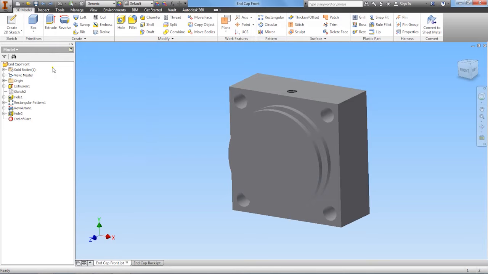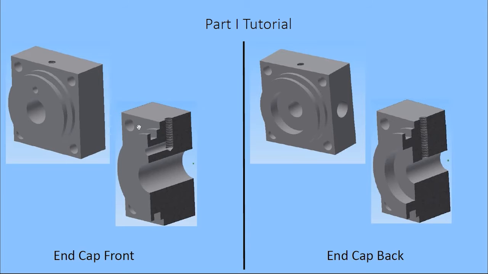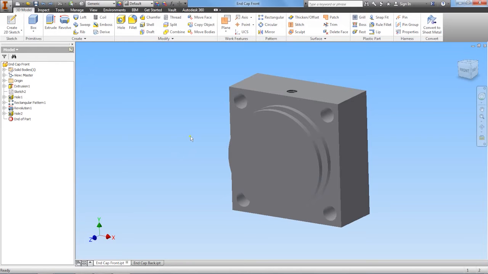All right, so the next unique feature to our front end cap that we want to add, let's see, we just added this 14 millimeter hole here. We're going to go ahead and add this hole here. This is a through hole. There's no threads in it, but it does terminate right at this threaded hole. It doesn't go all the way through. So we will have to do some little advanced techniques here in order to get it to stop right at this point. So let's go back to our part and